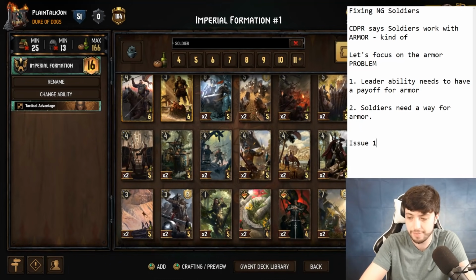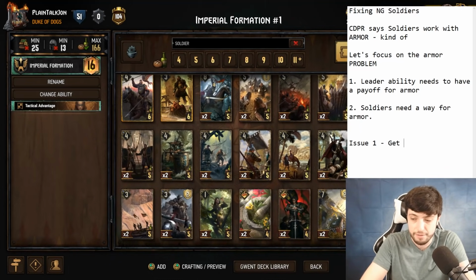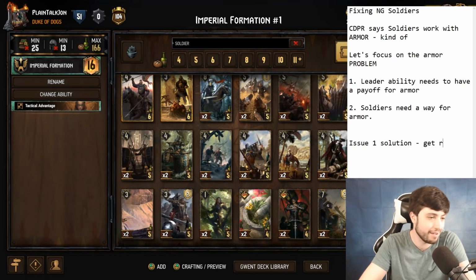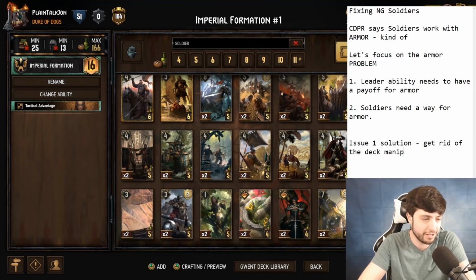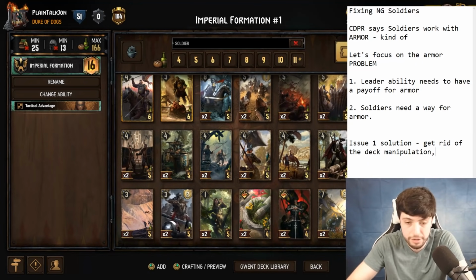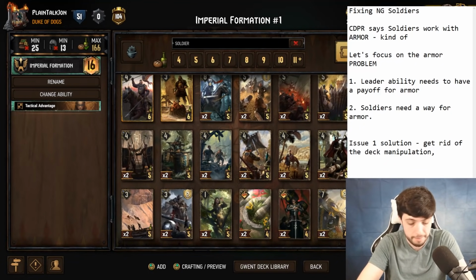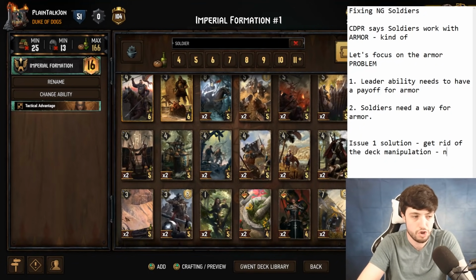Issue 1 solution: get rid of the deck manipulation. Why? It's literally useless. It has nothing to do with the armor mechanics of the soldiers. Instead, my proposition, a new ability: